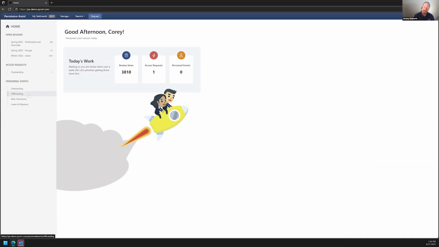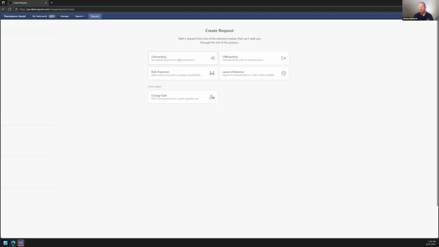And before we get into that, I just want to mention that we have these things called personnel events within Permission Assist. This aligns to, again, those more HR or life cycle type of things. But then we also have these things called access requests. And these are going to be changes to individual applications around user and permission type of things. So I'm just going to go up here, I'm going to hit request, and I'm going to start to do